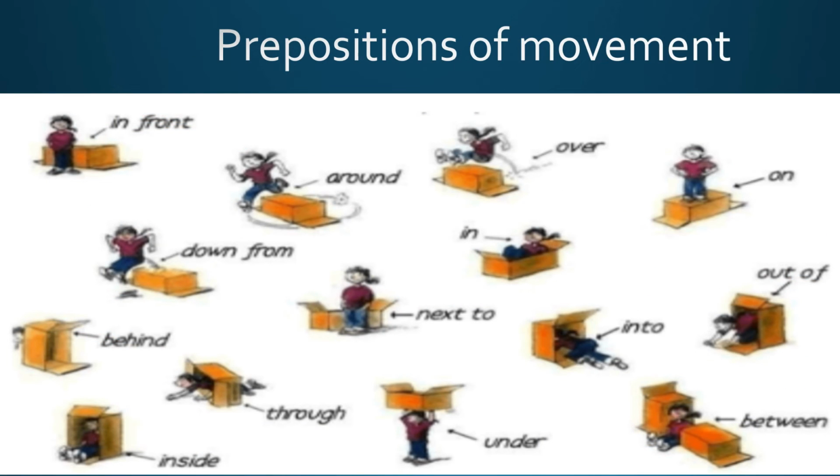And now it is prepositions of movement: around, down from, next to, into, out to, through, in front, like that. These are the examples of